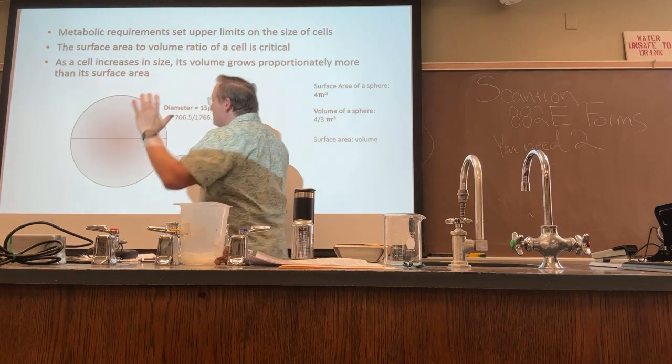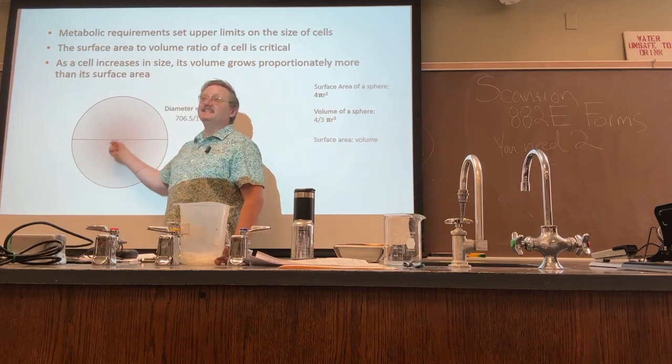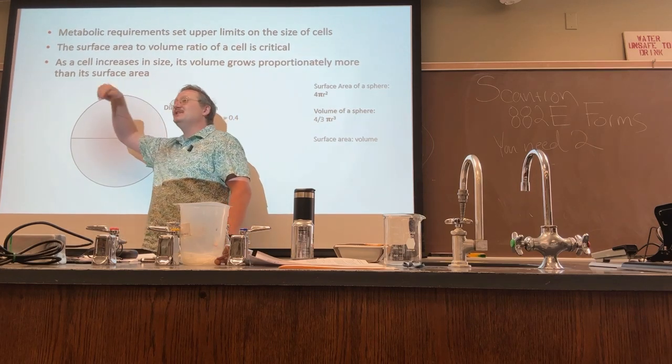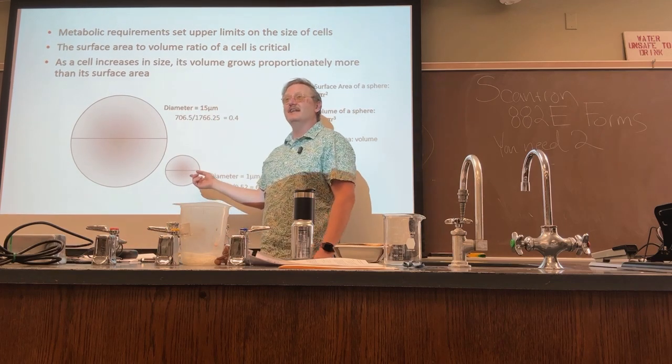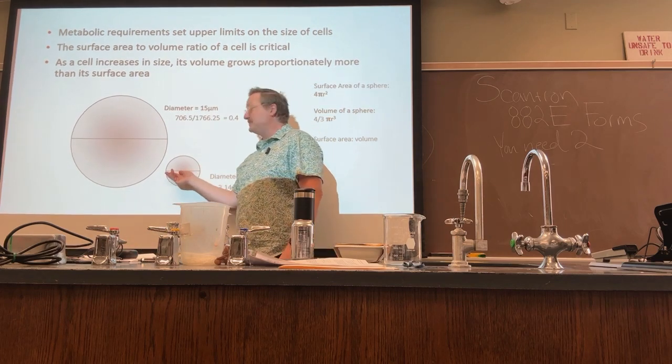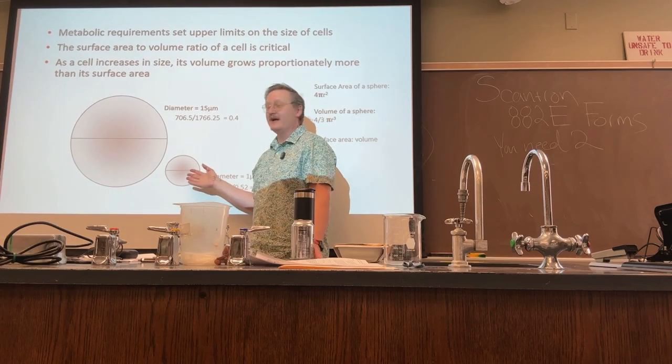So when you've got a big old cell like this, it can accumulate waste inside and become depleted in essential resources. Whereas in a smaller cell like this, it can export waste or unnecessary byproducts across the membrane, and it